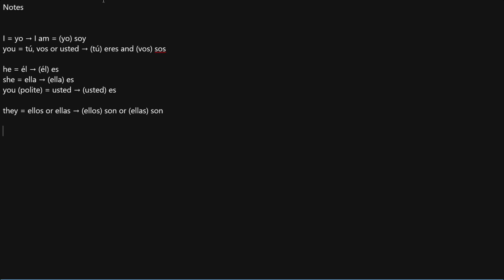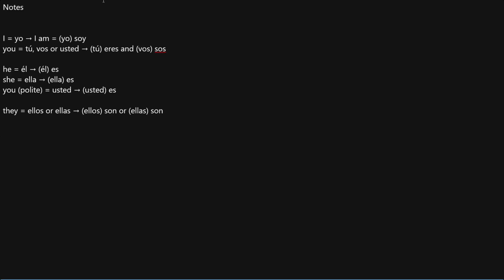For example, you would say las mesas son grandes. I don't know. The tables are big. So that sound will apply to mesas as well, because if you think about it, las mesas is the same as ellas because they are tables, right? So